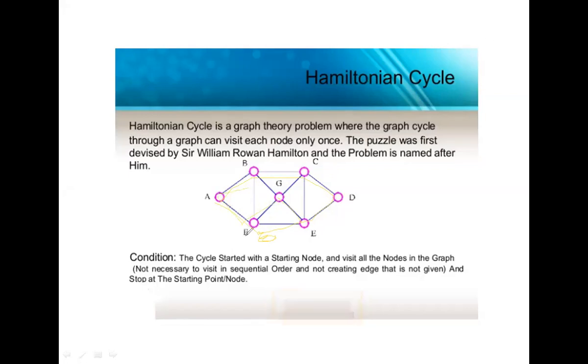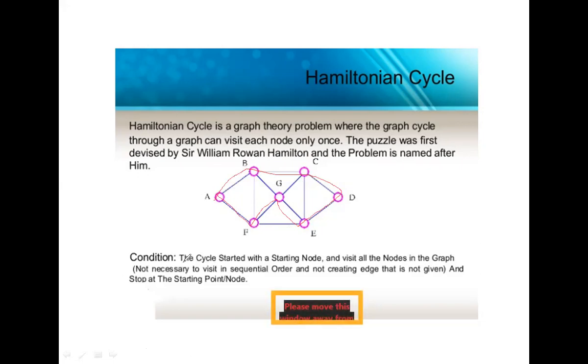Here, no vertex can be visited twice. We cannot visit a vertex twice; we have to visit it only once. So this is my path, and this is one cycle. I visit each vertex only once. I start here, I end here. So a Hamilton path is a path in a graph that visits each vertex exactly once.